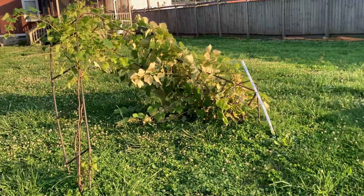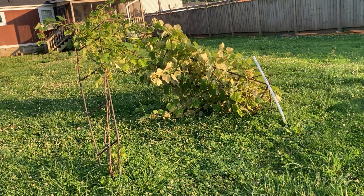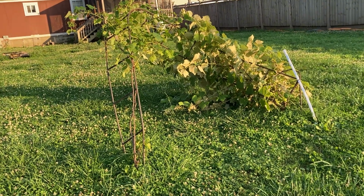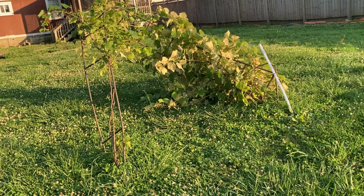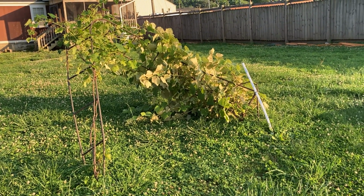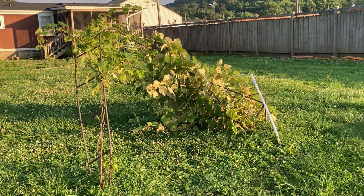our latest failure around here, which is the great collapse of one of our grape arches. All three of our arches are the same, so it's entirely possible that this will happen to the other two as well, which I do not like because I'm not sure exactly how we're gonna salvage this vine that was climbing up. This is the most unruly one, so the lesson learned here is we really have